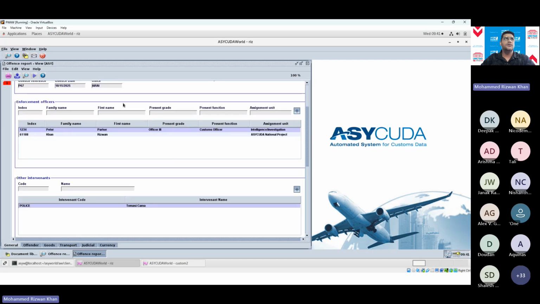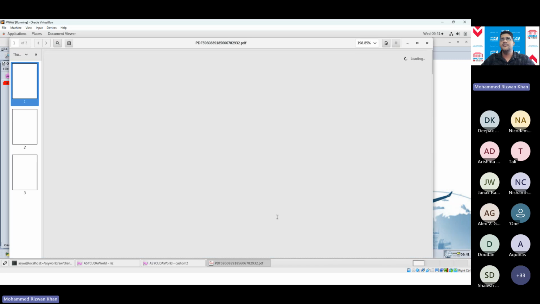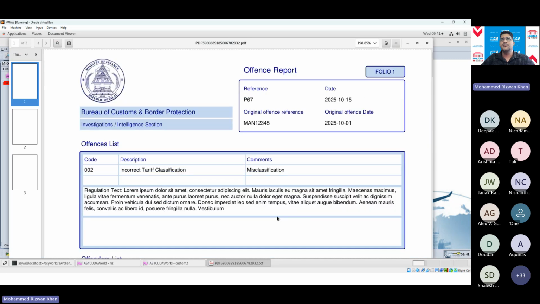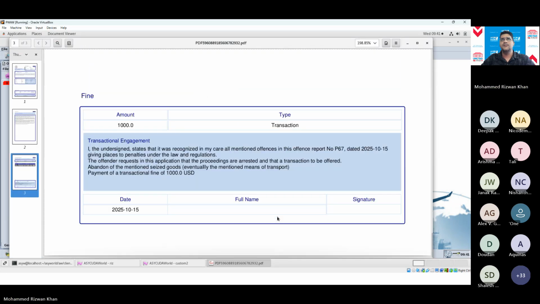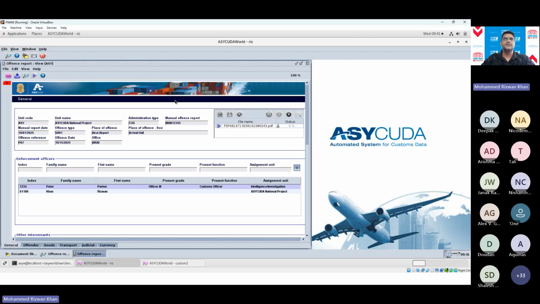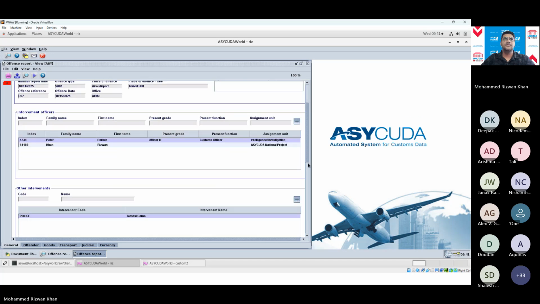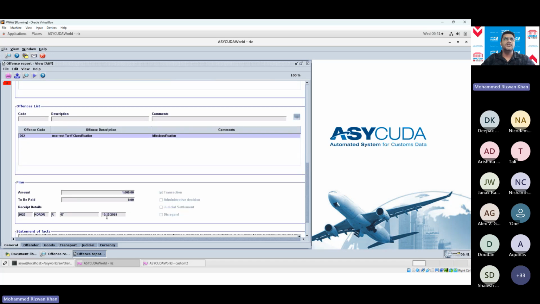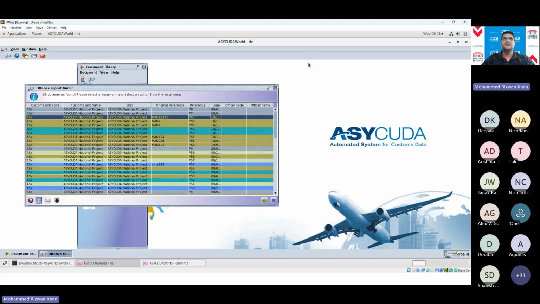Okay, so the printout now will be the same, but I think there will be some details of the payment. Let's see. Oh, no, nothing is. But you'll see the receipt details in here. So this is the receipt that was paid to. And the final action to close this case is to close.